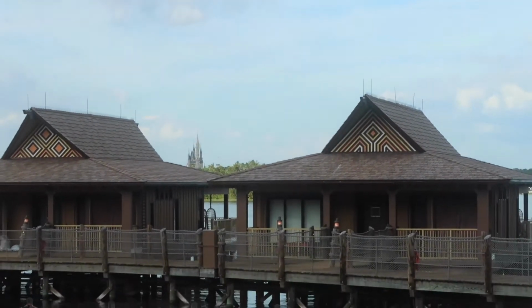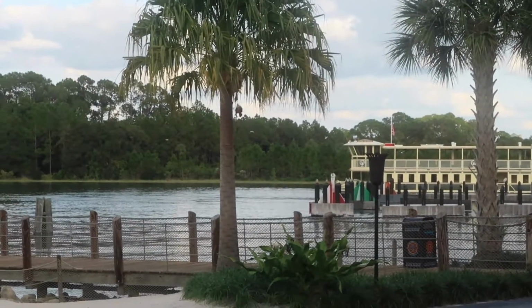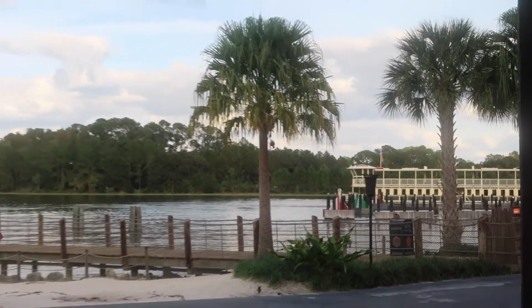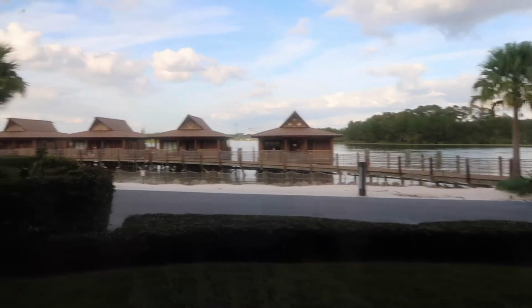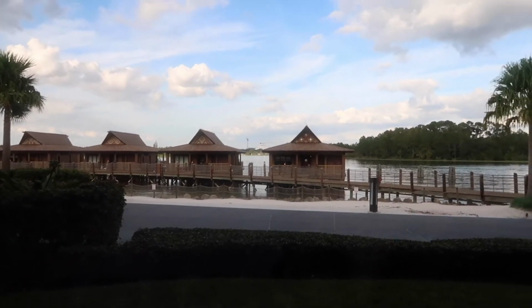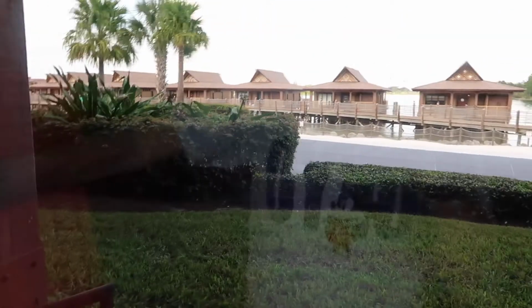And just to give an idea of where we're located, the Transportation and Ticket Center is right over there. So that's where you get on for the ferry, if you take the ferry or the monorail from Magic Kingdom parking. It's very close. Yeah, so we're in the Moorea building, and that is the closest one to the Transportation and Ticket Center. So you can actually walk right over to that. So if you don't want to have to get on the resort monorail and transfer to get to Epcot,